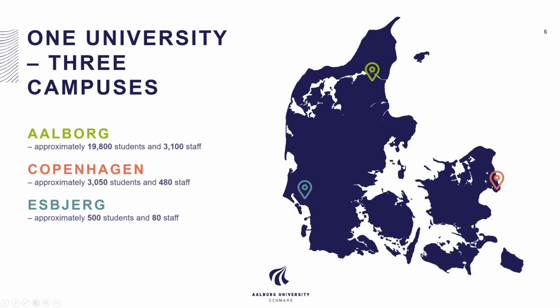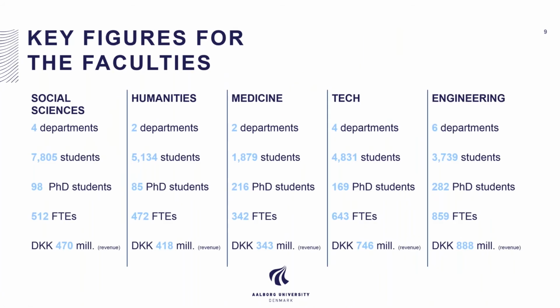Then we have the capital, Copenhagen. We have a campus over there on the Zealand island. And then Esbjerg campus is located here in the southern region of Jutland. You can see we are a quite small campus with approximately 500 students divided between different departments. We have some chemistry, machine, civil engineering, and energy, or we mostly educate electronics engineers. And we have approximately 80 staff. So the entire university is rather not large.